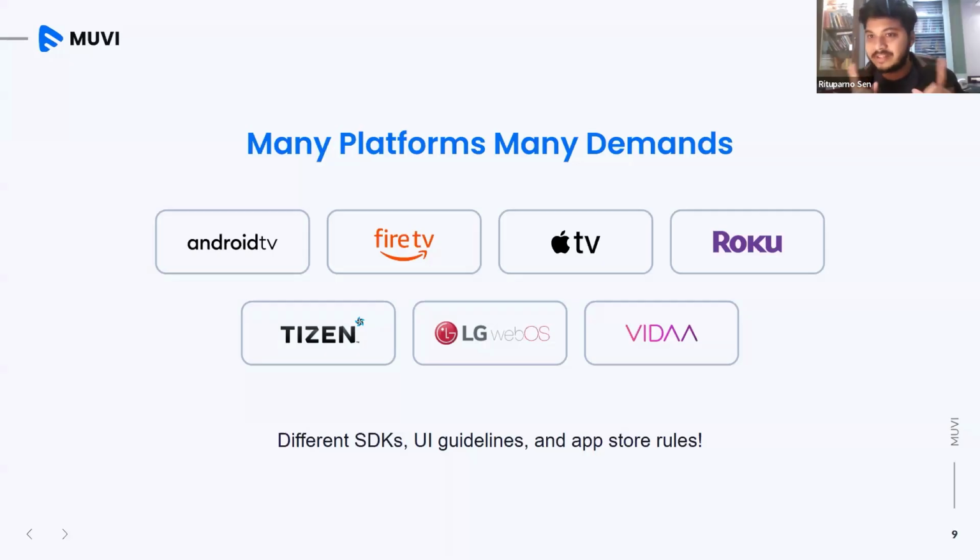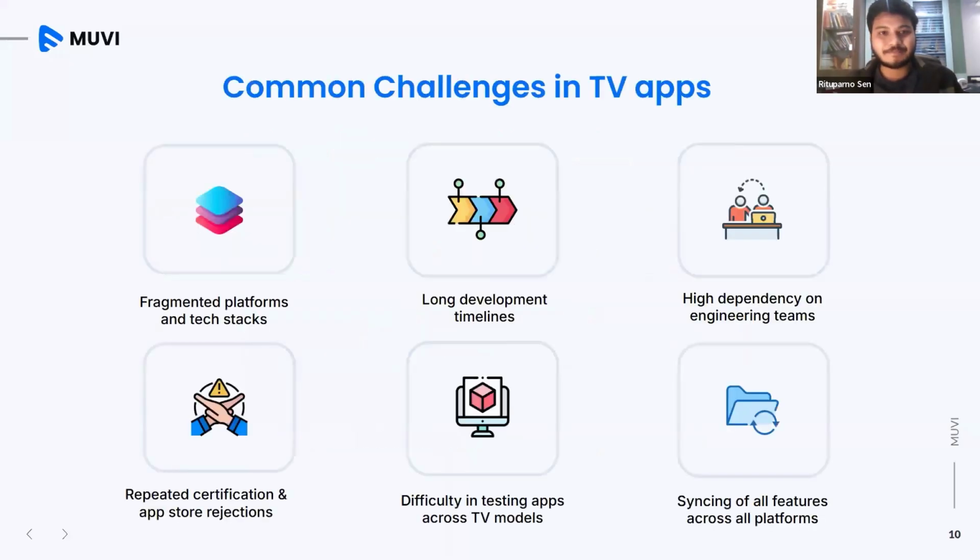And you have to ensure that no feature gets omitted. You don't want your user to have a particular experience on, let's say, Android TV, and then when they see the same content on, let's say, Roku TV, have a different kind of experience, right? So the experience has to be uniform. That is our core focus when we develop any new enhancement or features for our TV apps. So, moving on to the next slide.